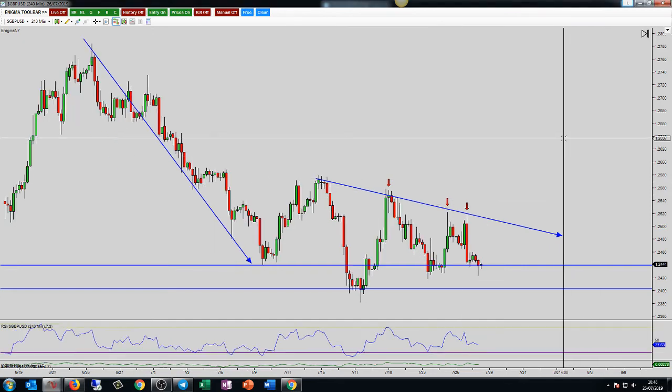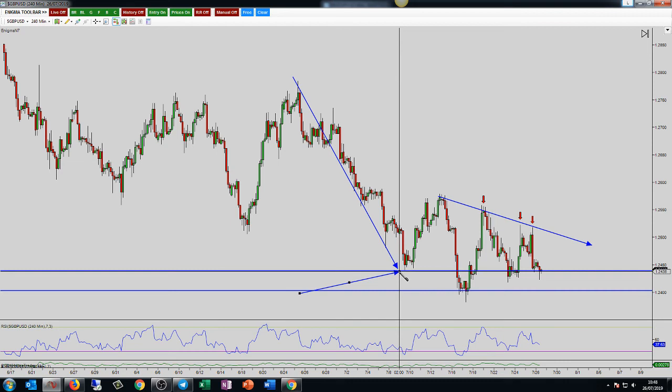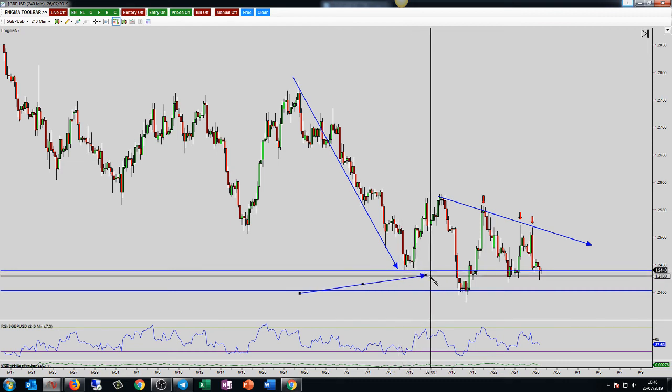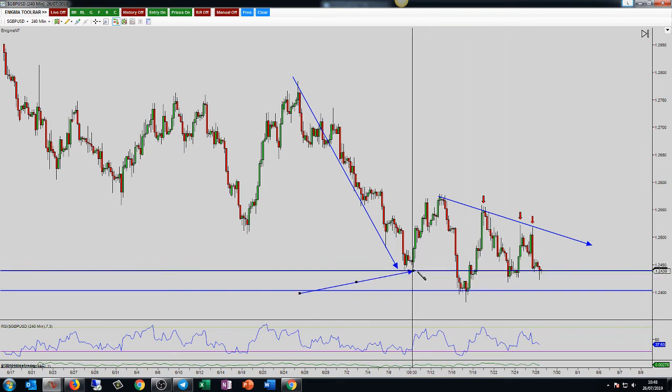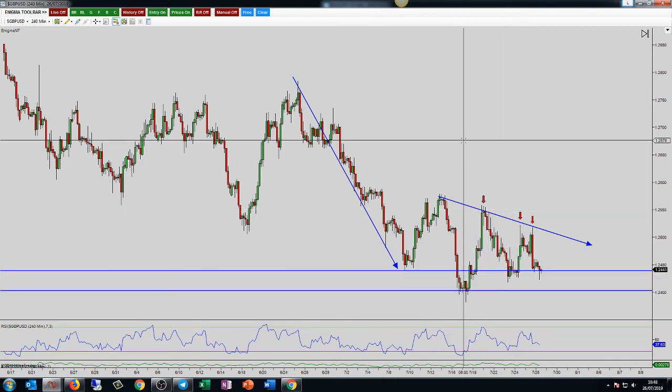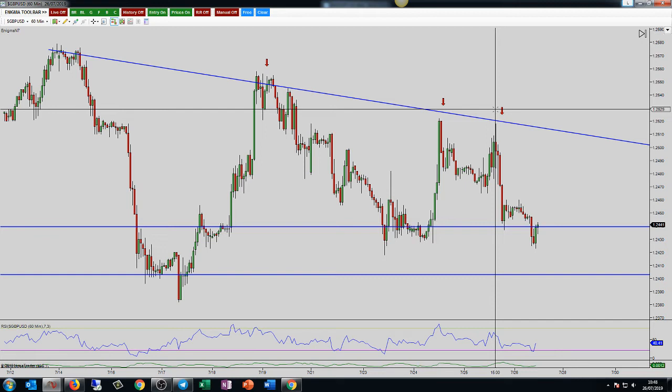I'll just zoom out a little bit to give you some perspective. Yeah, this was the lowest point. We pulled back, we went lower, we pulled back, we came lower, we violated this level of structure and failed to come down to this level. So we still have a high probability of this coming down to hit targets, even though we were stopped out for break even.